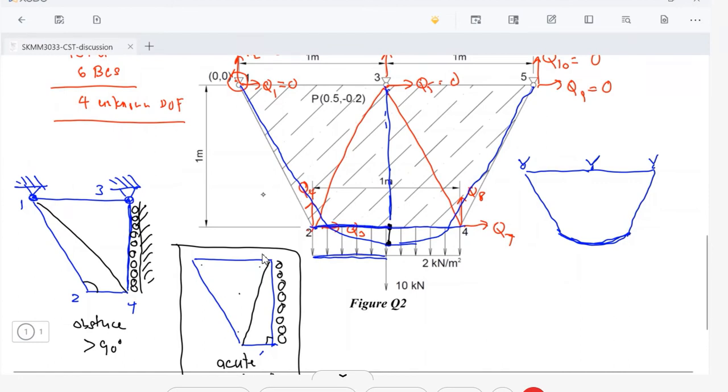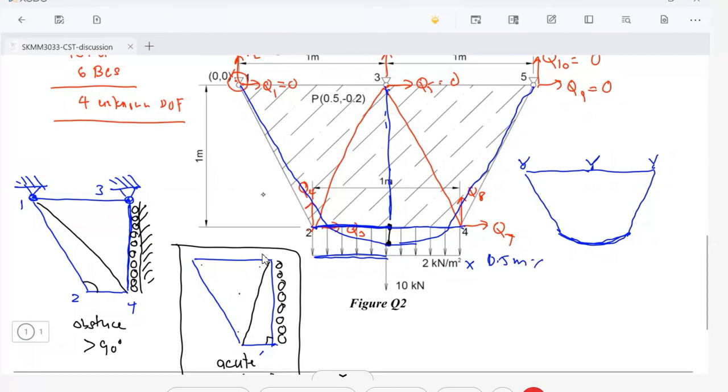So note now, this is 2 kilonewton per meter times 0.5, times the distance, which is 0.5 meter,